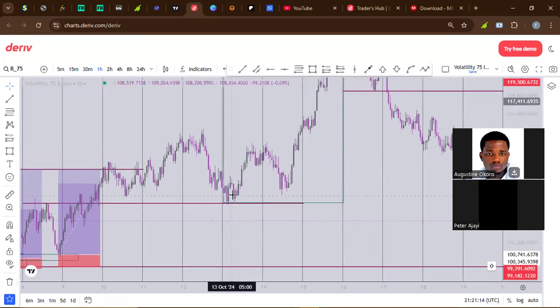So the market was bullish yesterday. You can see yesterday, first, it dumped. So when it dumps, come back to this order block just at this level. You can see an order block right here. This is the place you are going to be entering from. It's very simple. The first day, you can see the first day right here was bullish.